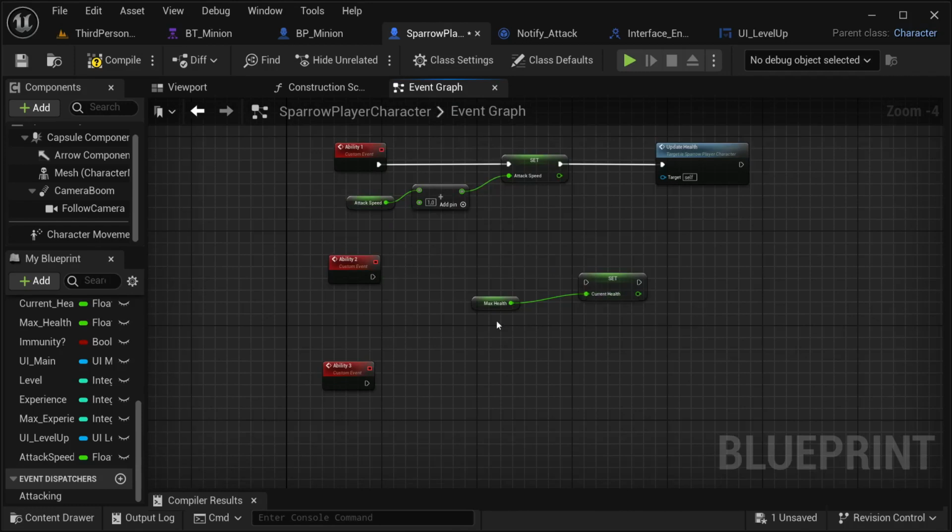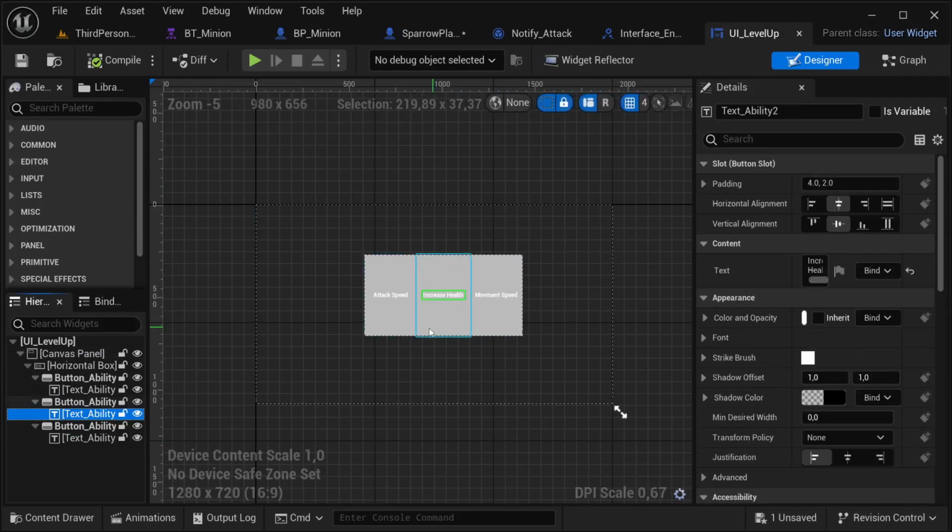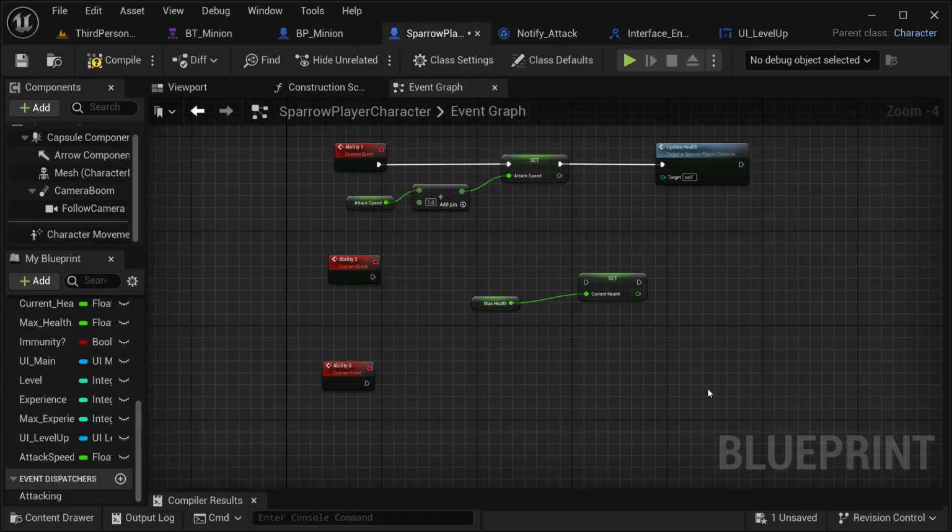And now for the other one, actually this one is for attack speed, this one is going to be, I think, for health. Let me check this out. So ability 2 is about increasing our health so that I can receive more damage. So let's say every time I level up, I'm going to increase our max health by something like, let's say,